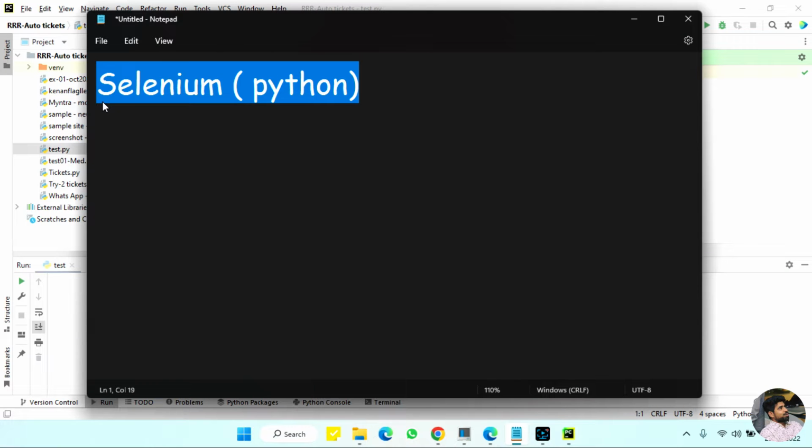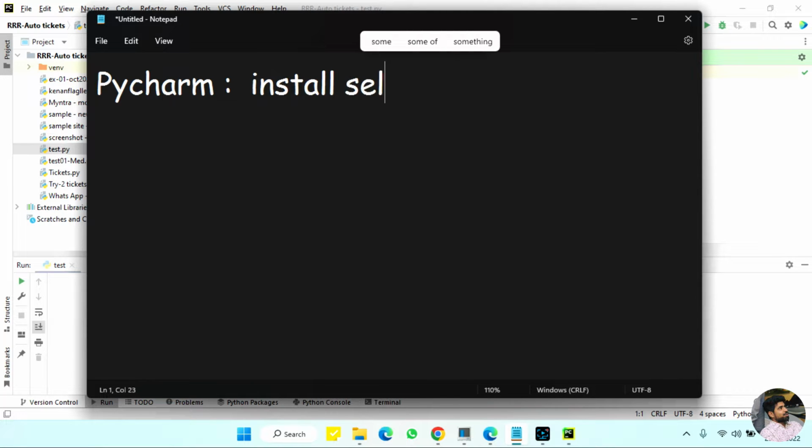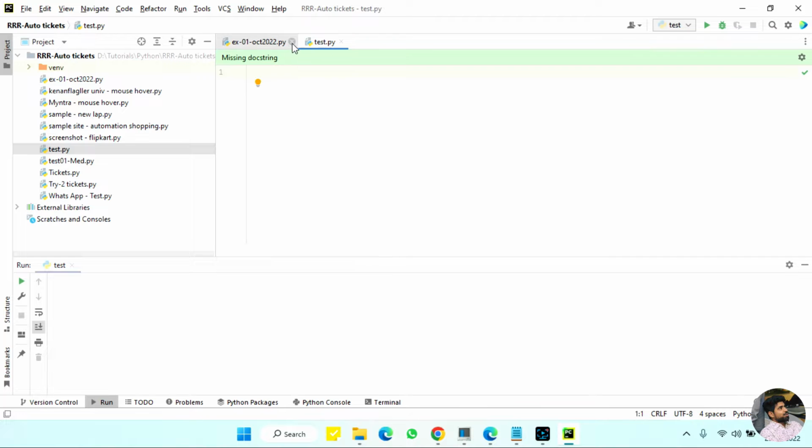So once the setup is ready in PyCharm, we are going to install Selenium, which is already done. And now we are back to our new test file. I'm using Python because it's a relatively easier language, and I'm using PyCharm because I have Python as a base code. And so in my new file, what I do is